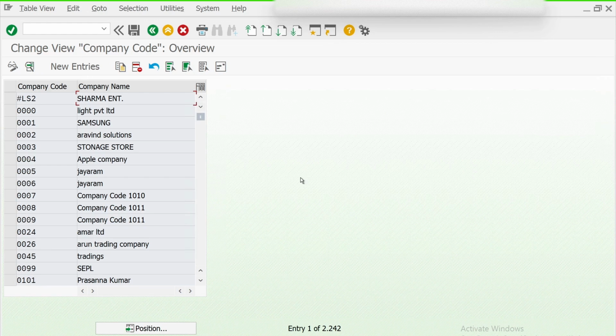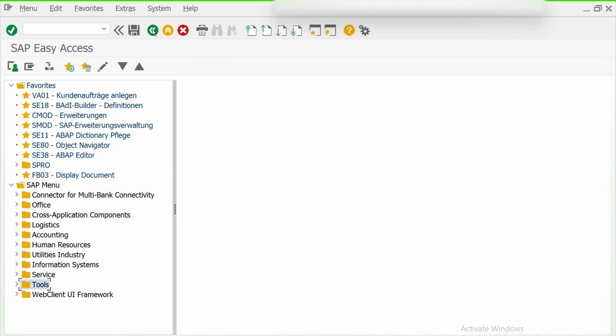Okay, but now the question comes to your mind: if we have transaction codes, the shortcuts, why should we go with that long path? I have already shown you that there is a particular reason for that. The path allows you to navigate to a particular screen, which is applicable in the new versions of SAP. In the new version of SAP, this GUI is getting removed.